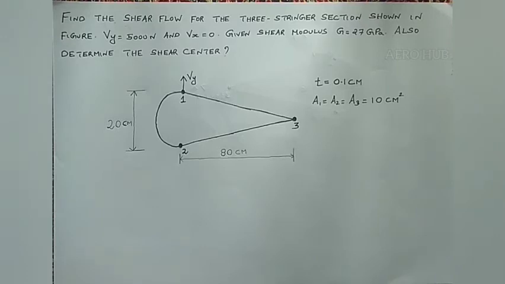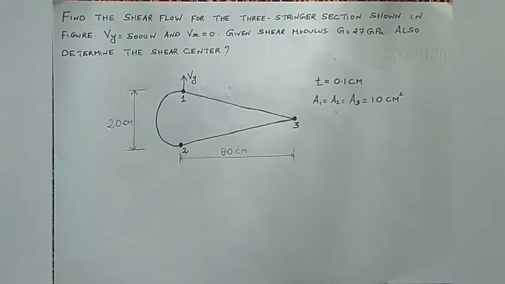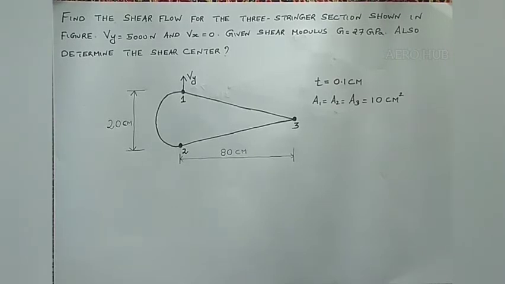In the previous lectures we discussed how to estimate the shear flow distribution as well as the twist rate of multi-cell sections, and in this lecture we will find out the value of shear flow as well as shear center for an airfoil section which is symmetric. And you are aware that symmetrical airfoil sections will find their application in the empennage part of an aircraft, that is, at the horizontal stabilizer and vertical stabilizer, because if you are using an unsymmetrical airfoil section, there is a tendency to produce a moment at zero lift angle of attack.